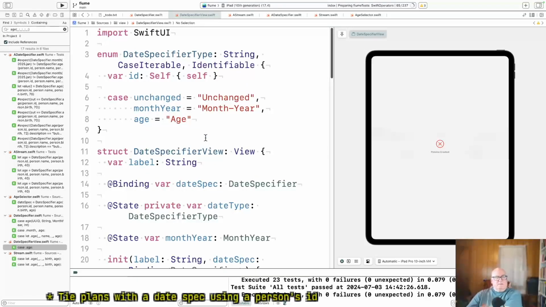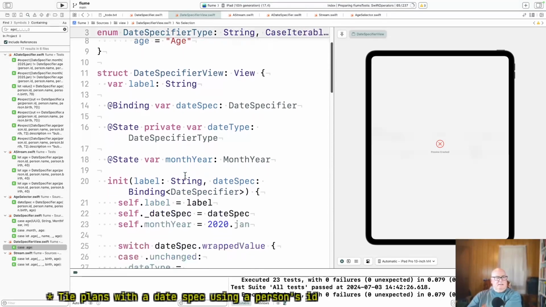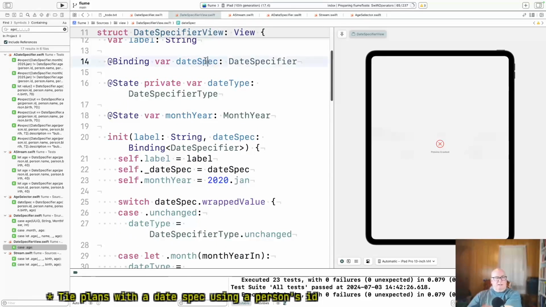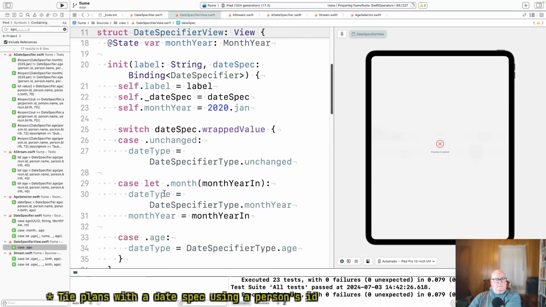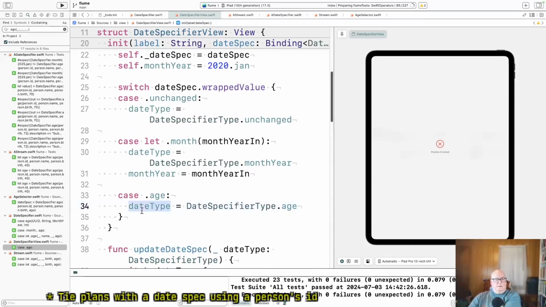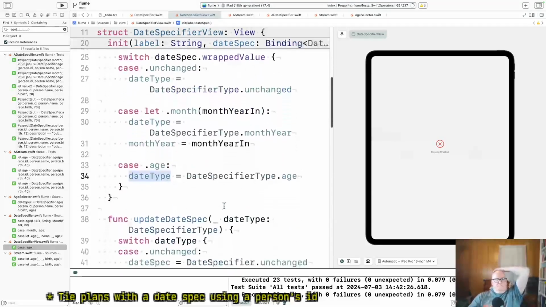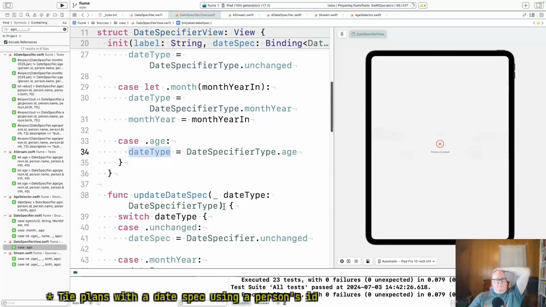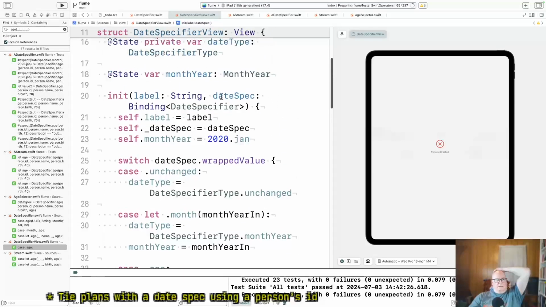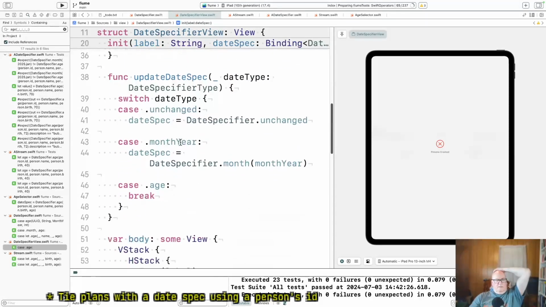Okay, so we got the date specifier. We got 3 cases. We bind to a date spec. If it's age, I guess given an initialized thing, we're going to show it. Update age spec break.